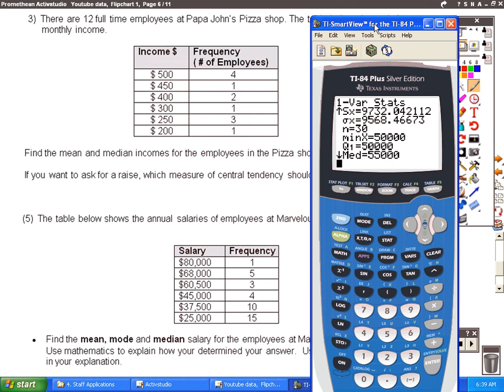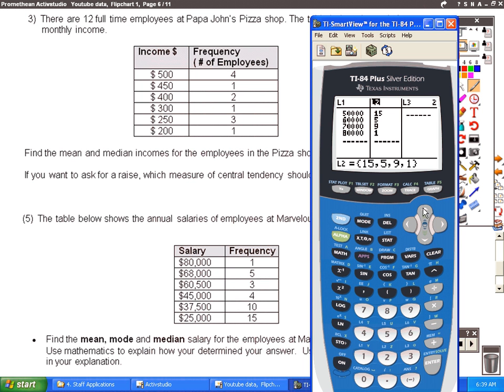So we're going to go back to Stat, Edit. Remember to clear the calculator. You put the cursor on the top of the list, press clear, and then enter. And then do the same thing with list number 1, clear, and then enter. All right, there's a salary of $500 monthly, salary of $450,